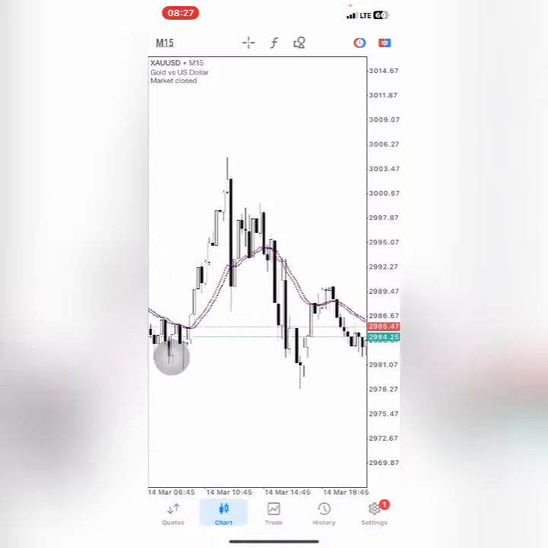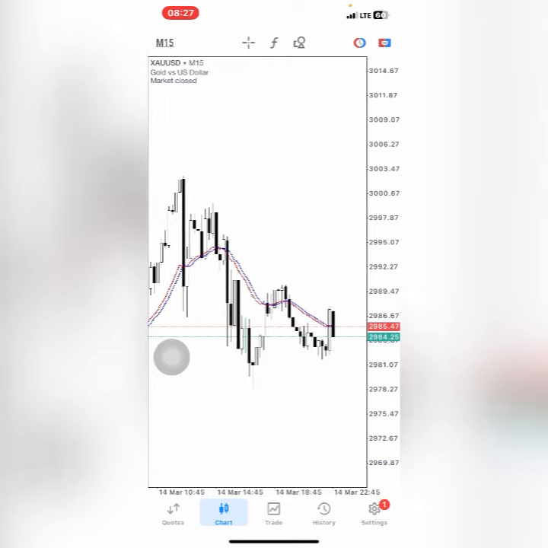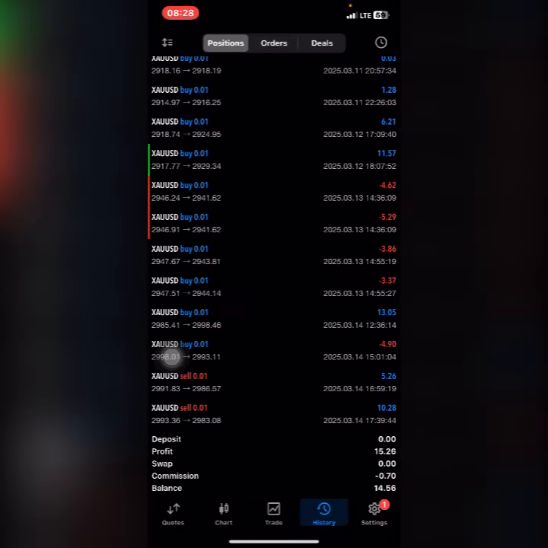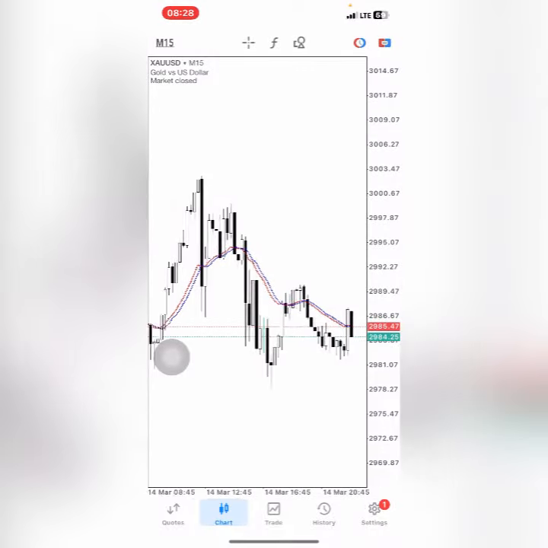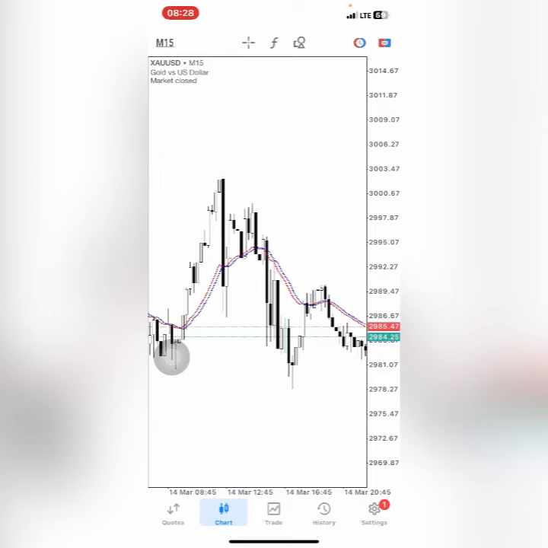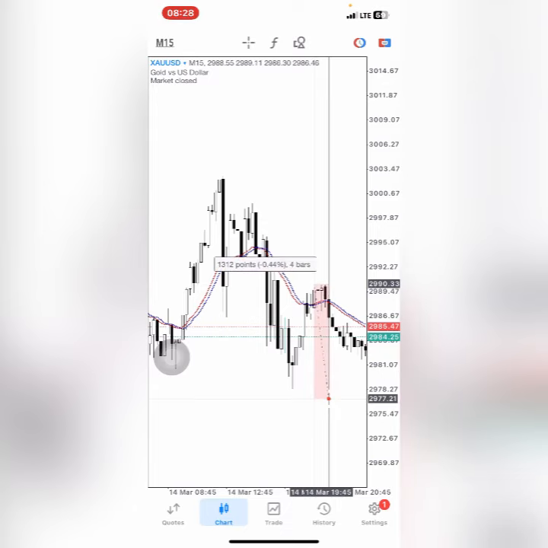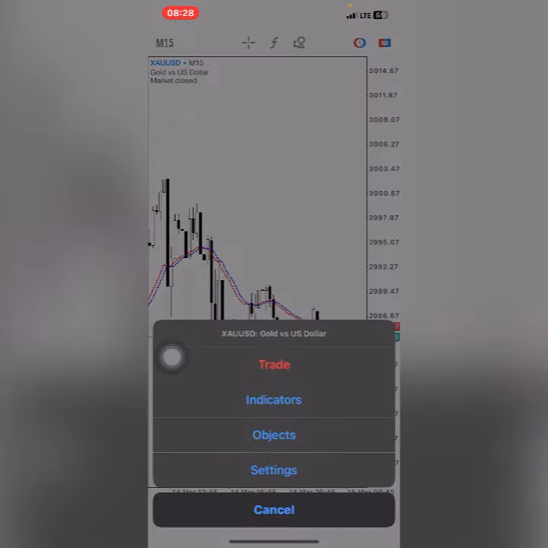So I allowed that other trade to run, and price came to hit my TP, though by then I had already removed my TP, hoping it was going to just drop from there. But when it got to my TP, I closed manually because I wouldn't want it to go back again. And as you can see, immediately I closed the trade, price started to reverse back, and if I had not closed that trade, price would have gone against me.